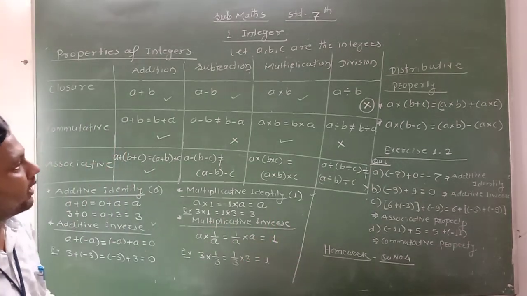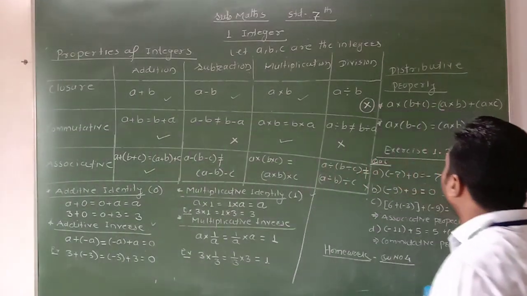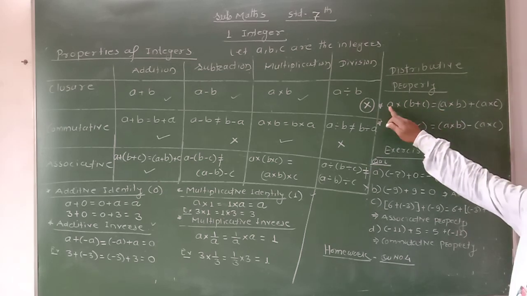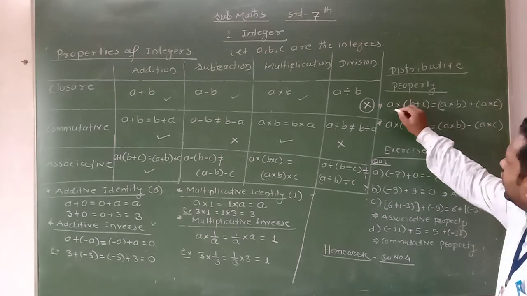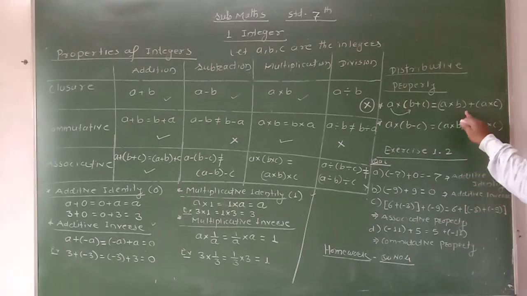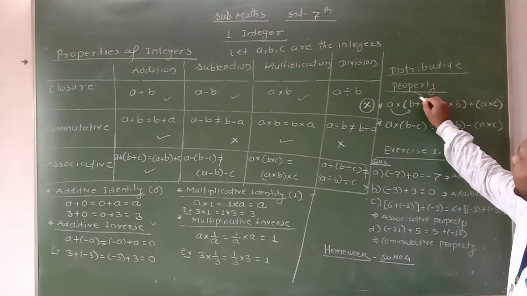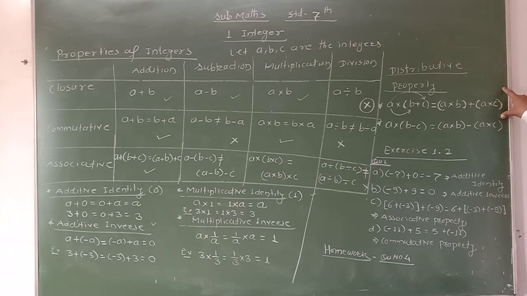Clear? Okay, and next property is the distributive property. Now what is distributive property? Distributive property for the addition and the subtraction. Now a into, in bracket, b plus c is given. Then the multiplication is equal to what? a is multiplied with the first term of the bracket, that is b, in first bracket we have to write a into b. Then plus sign is there, in another bracket a is multiplied with the second term of the bracket, that is a into c. This is the distributive property for the addition of the integer.